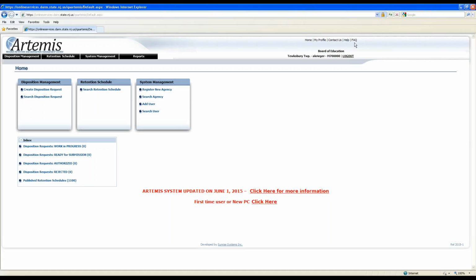And then FAQs revolve around system requirements. I talked about that in the beginning of our webinar, what the system requirements are for the system. But again, if you want to take a look at that and look at the documents that we have there, that's fine as well.